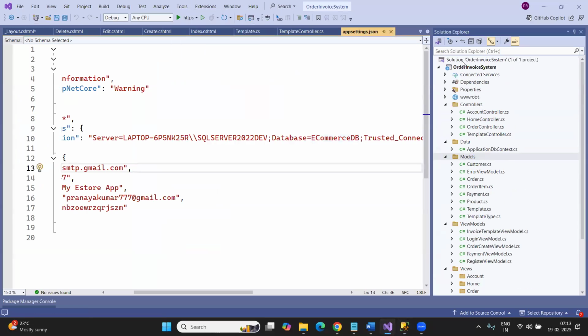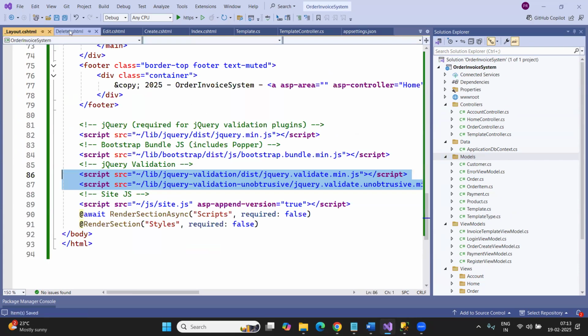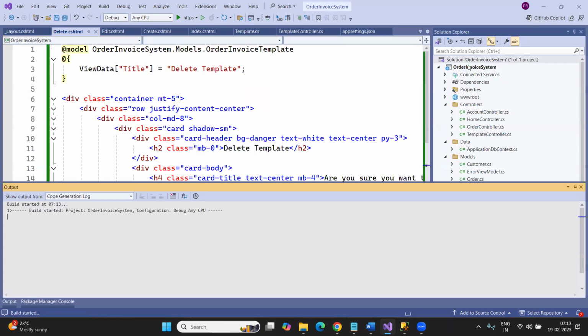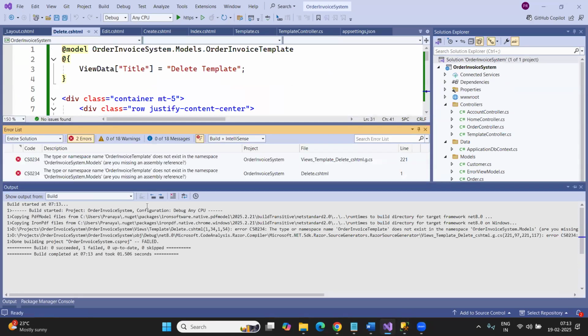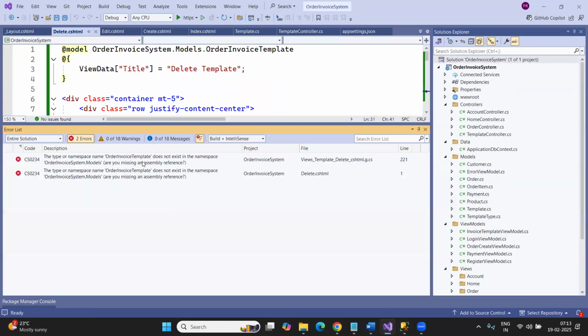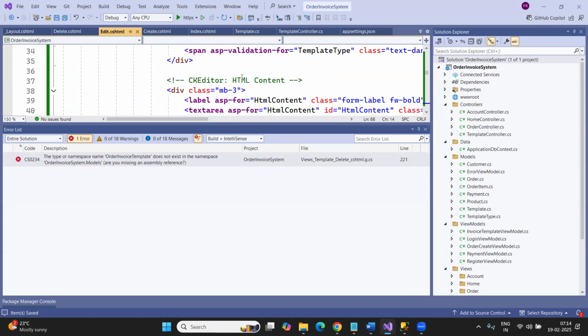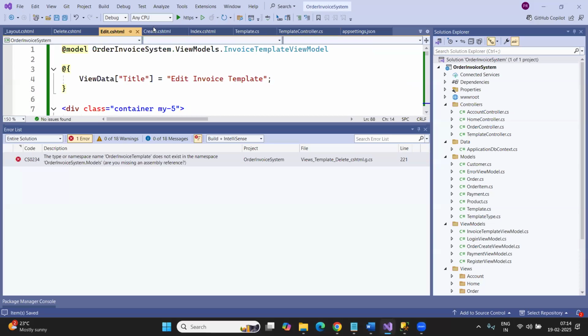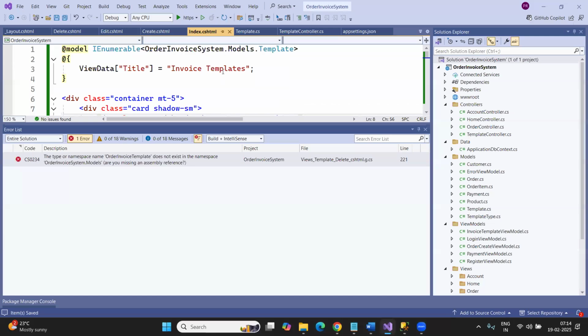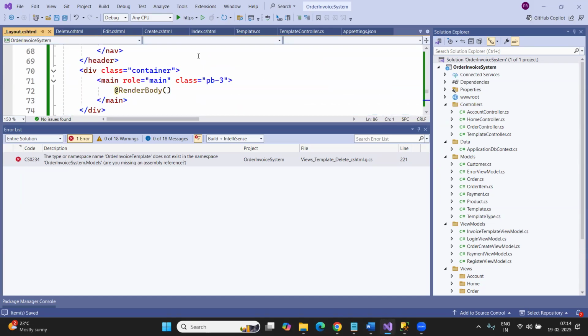Before that, let me build the application to make sure everything is working as expected. There is a compilation error, so there is some issue. Okay, let us figure out where the issue is. Yeah, so this is the issue. The model name is going to be template. In the edit case, again the model name is fine. Create case, the model is fine. This is also fine. And in the layout page,